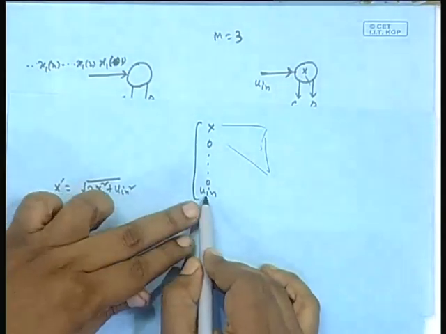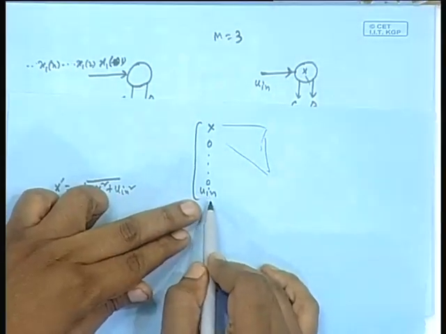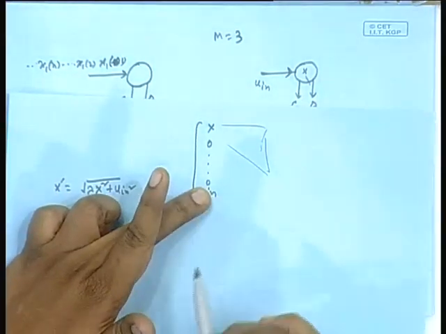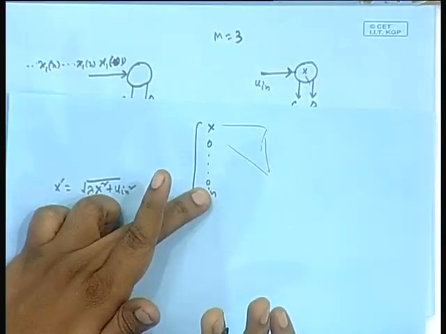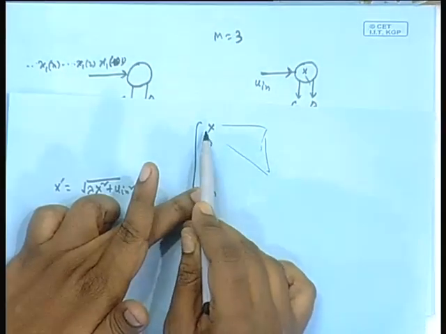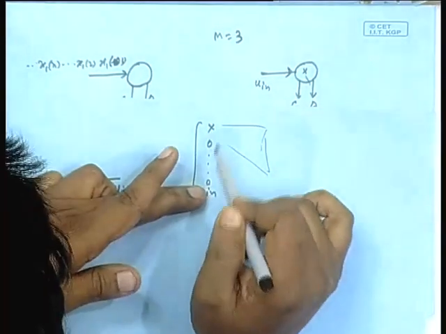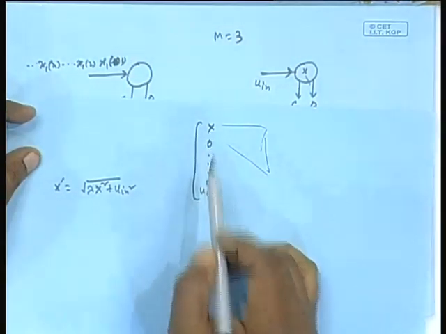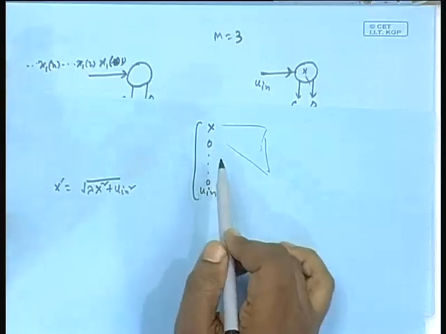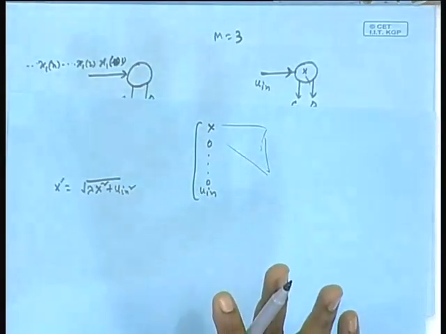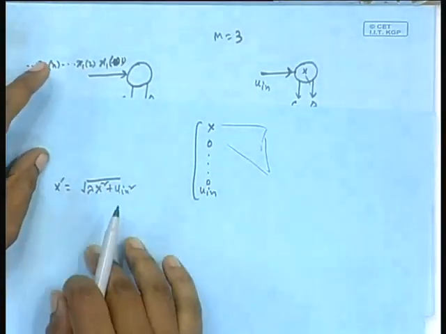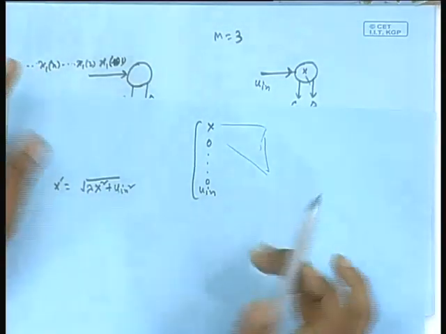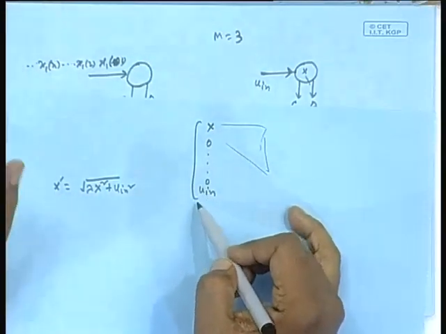Firstly, you should check, suppose it so happens that this data is 0, then life is very simple. If this data is 0, it is already annihilated, is it not? Then your C should be 1, S should be 0, I suppose. C working on this and S working on this, C is 1, S is 0. You do not have to really go through all this computation in that case. In that case, your life is safe. You do not do so much computation. Are you following me or not?